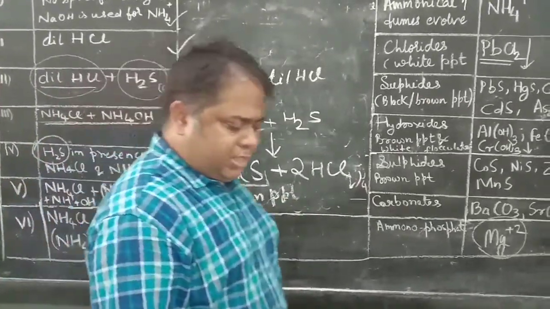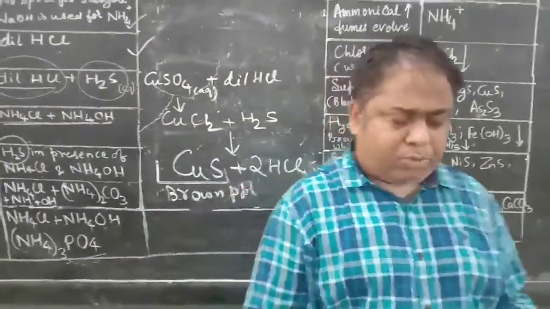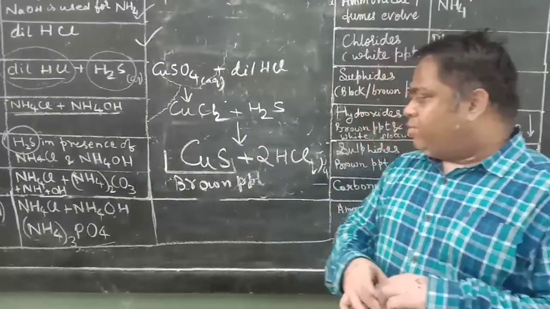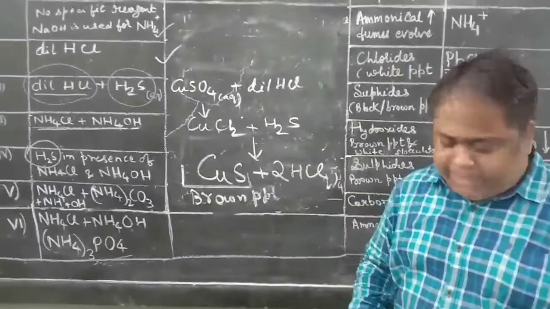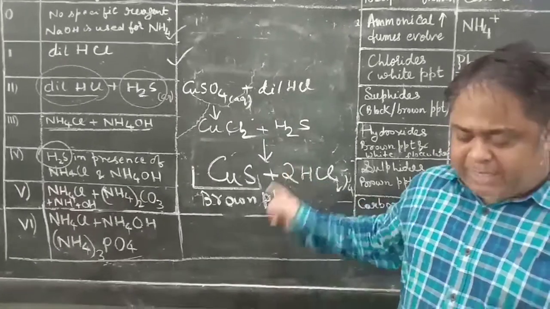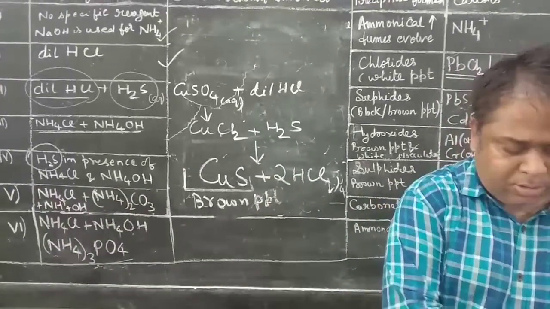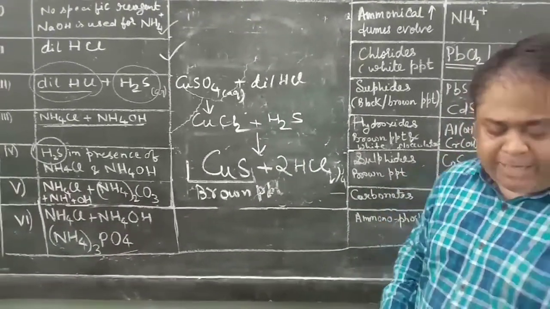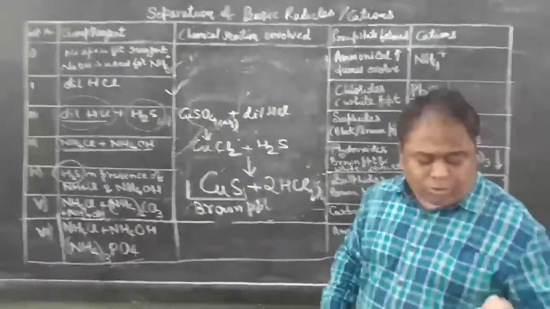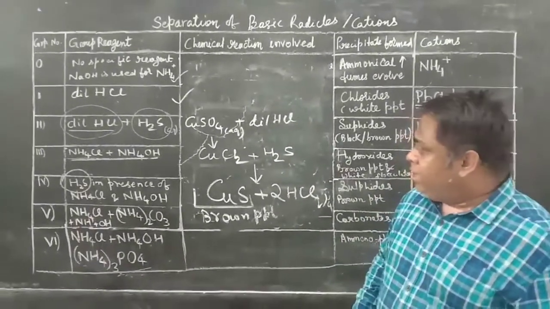During the viva, your examiner may ask you, can you show the reaction which took place while the brown precipitate was obtained? At that time you have to speak chemistry and show the reaction. You cannot just say that it happened like that itself. So you should know the chemistry. Next we will go to